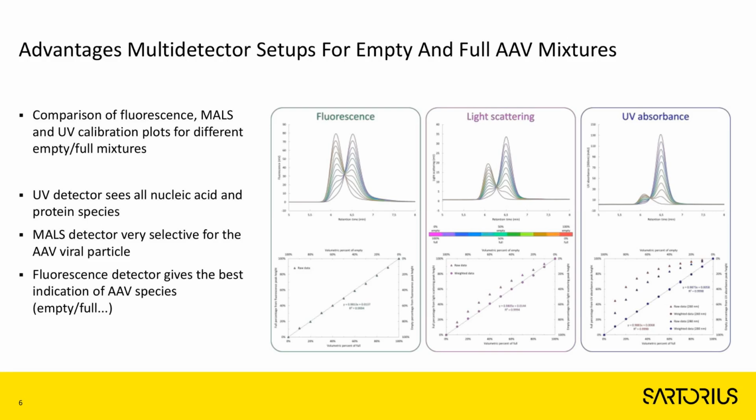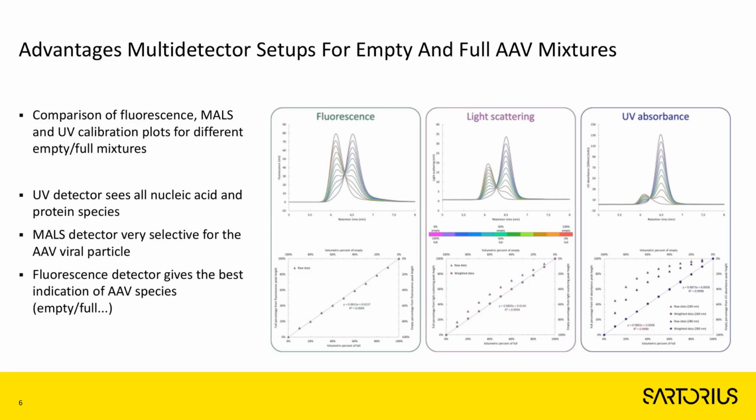Looking at these detectors, the reason they're so useful is because they allow you to see multiple things happening in your sample. For instance, the UV detector sees all nucleic acids and protein species, as well as, of course, the AAV capsid, which is very good for early stage samples when you want to visualize impurities. But in those samples, you wouldn't usually be able to see the AAV vector itself, because it would be masked